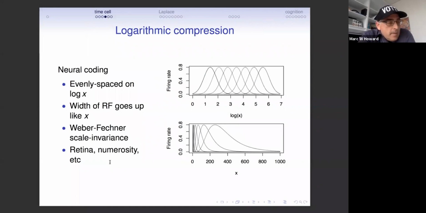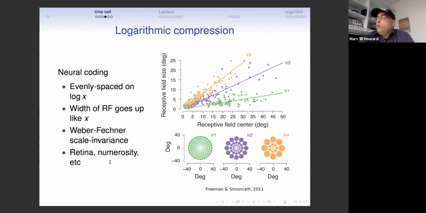Okay, so I want to talk for a minute about the compression hypothesis. Actually, let me go over to here. So we here, meaning neuroscientists, have a lot of evidence that the brain represents continua out in the world along a logarithmic scale, okay? What I'm showing you here is a very famous set of figures from the visual system, where we're plotting size of visual receptive fields on the y-axis as a function of distance from the fovea on the x-axis. And you see that rather than receptive fields throughout the visual system having the same characteristic size, they get wider as you go to the periphery.